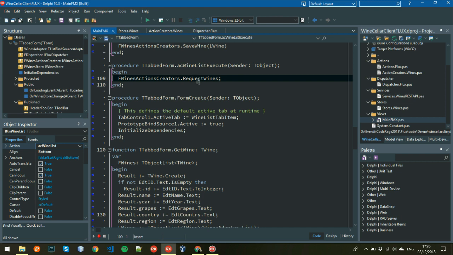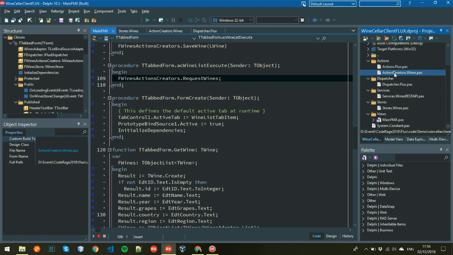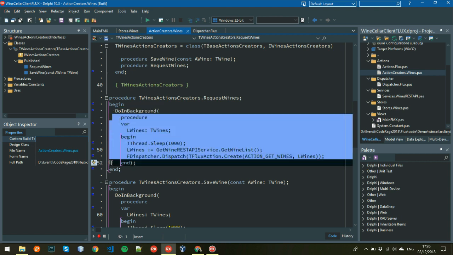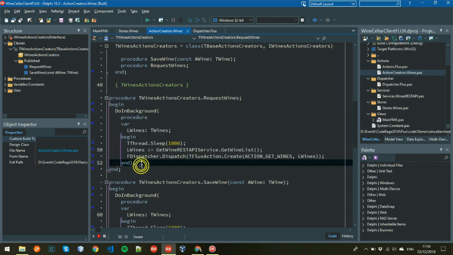So let's go again to the code and try to follow a full path. What happens when I click on the wine list? I invoke the wine action creator, because everything starts from the action creator. I ask the action creator, okay, I have to request wines, because here there is a user interaction. So request wine. What happens on request wines? Go to action creators, request wines. There is a simple method, doing background, that runs this procedure in the background,